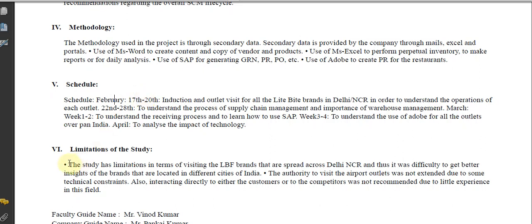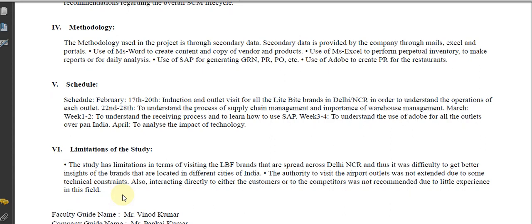And then comes your limitations of the study. When you talk about the limitation, the limitation could be from your sample size, limitation could be the kind of title you've chosen, it could be from the industry you've chosen, it could be the area that you've chosen, so the limitation should be from your topic always, or title always. In fact, it should not be, time was less and company resources was limited, or the budget was limited. That should not be your limitation. So you need to find out the limitation from your topic or title.